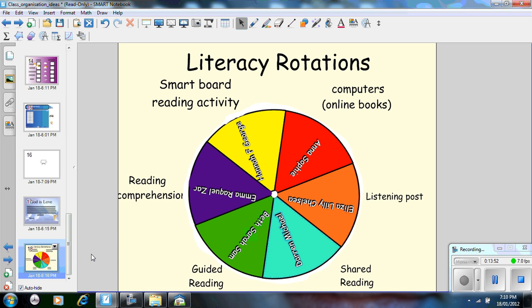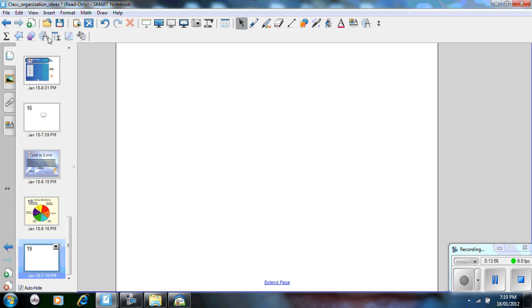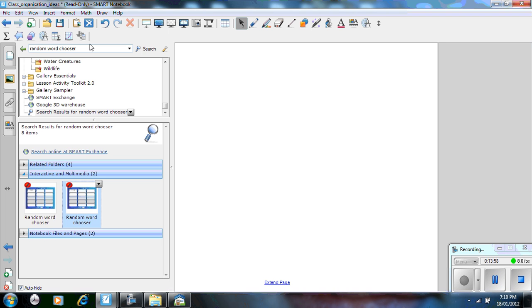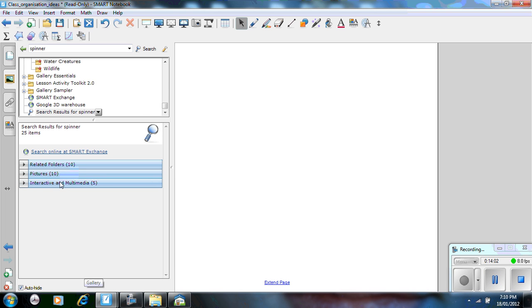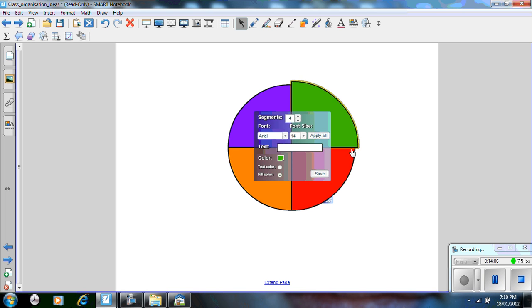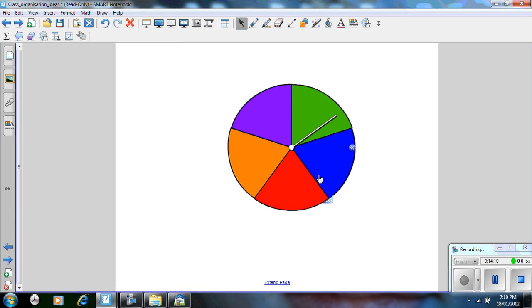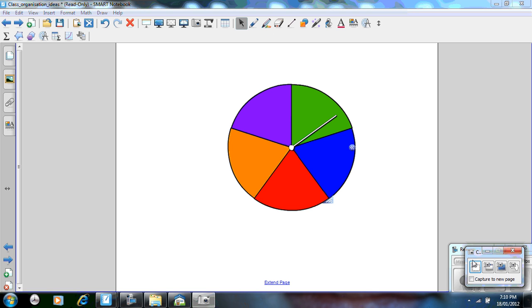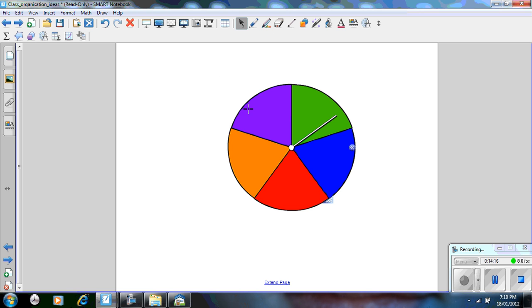The last one I've got here, I used the spinner from the gallery. So I'll go and type spinner. I selected the number of groups that I'd like. So if I've got 5 groups, and then what I did is I took a photo of it. So if I take a photo,